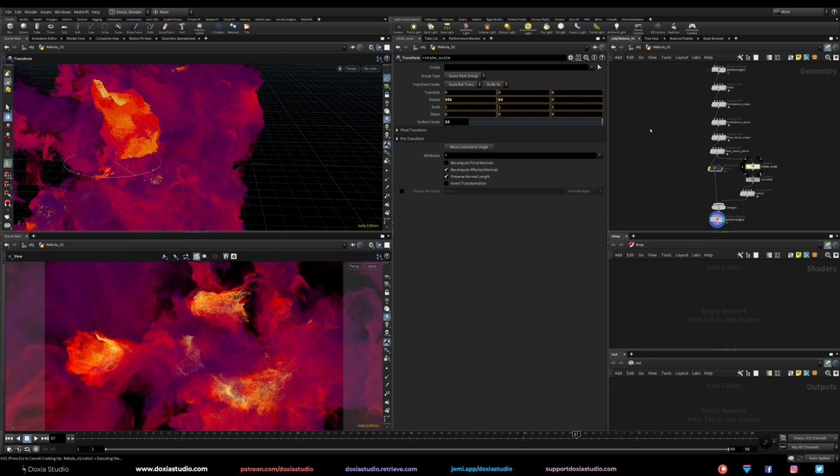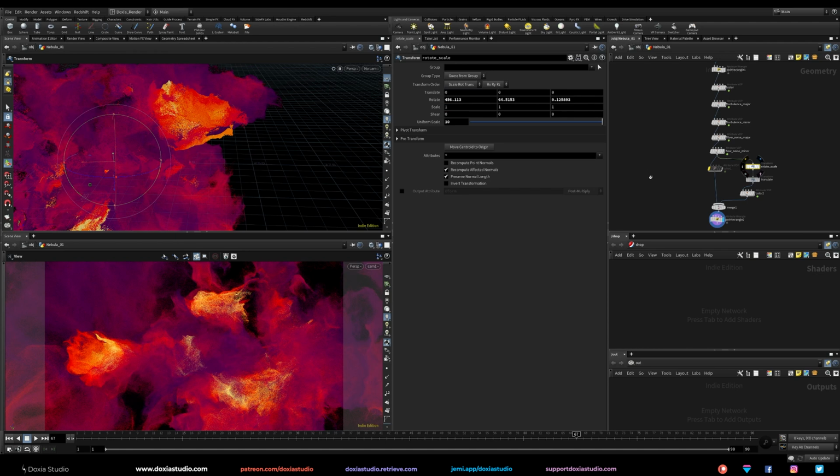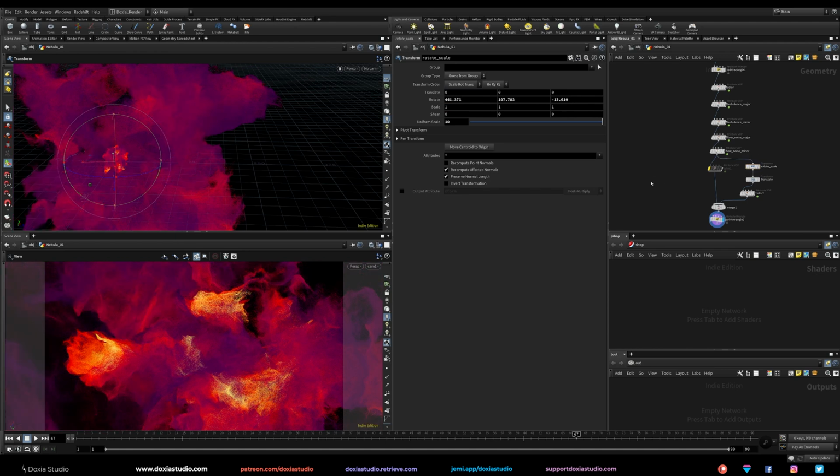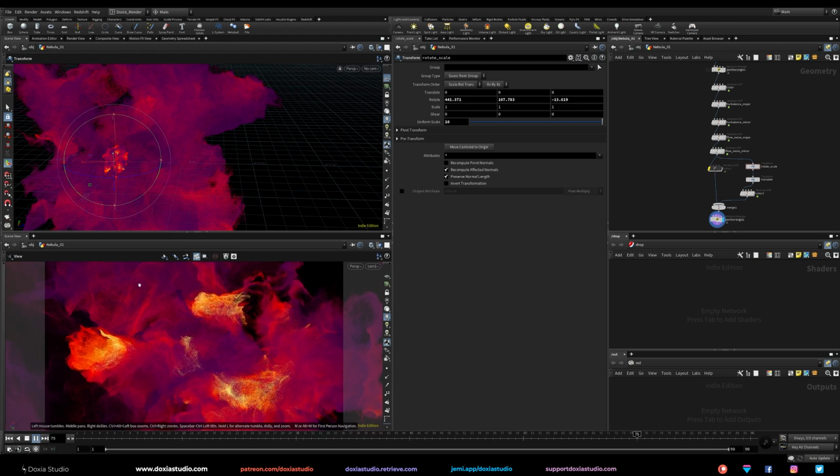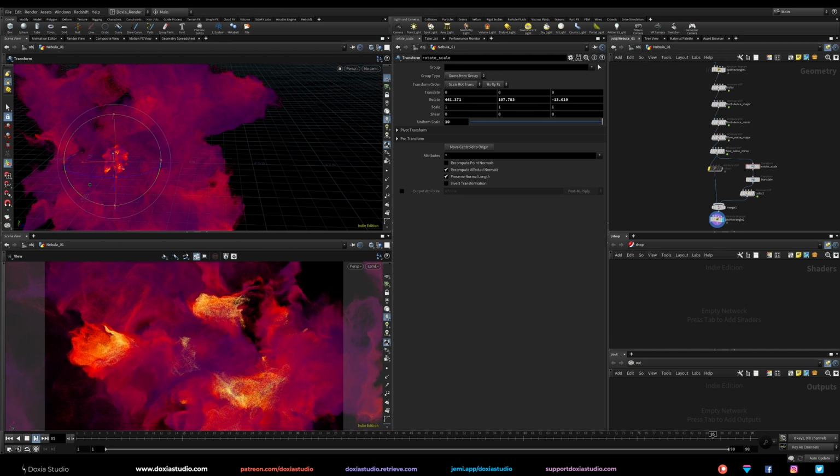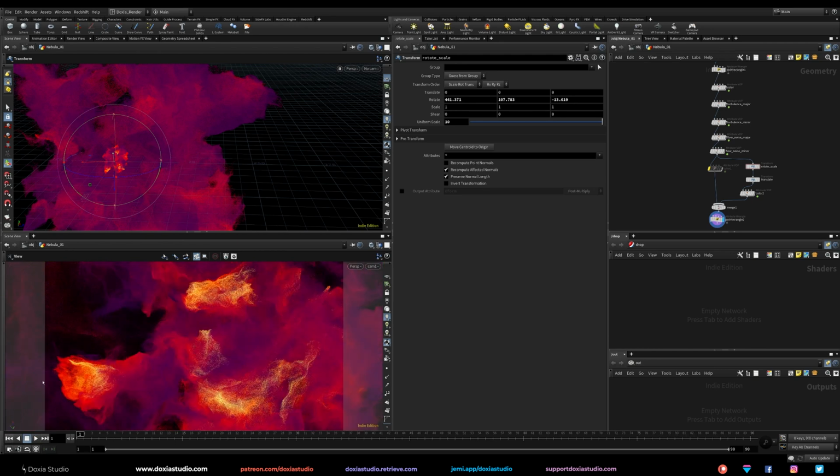So what I'm going to do is create a simple switch so we can change these things faster. Okay, nice. As you can see, that one is on the background, so it's moving way less than the front one.